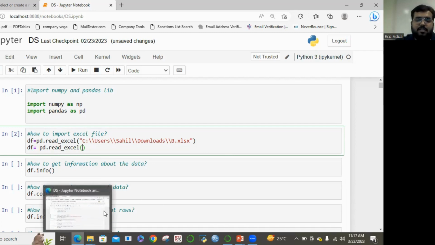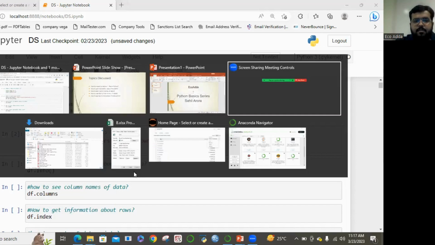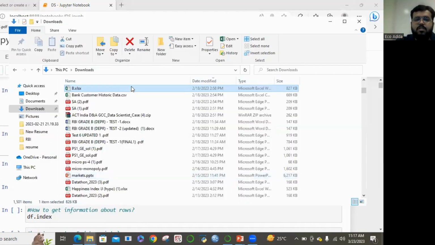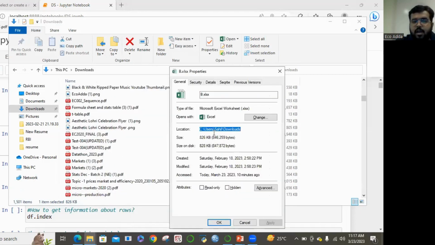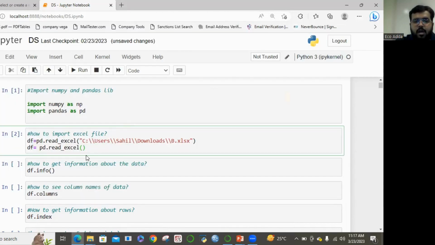So in this case, let's say my data is here. All I need to do is just go to the properties, and you can see location, copy that, and all you need to do is just paste that here. But please remember that in this case you will get one backslash sign. You need to put two. So in this case I'm putting two